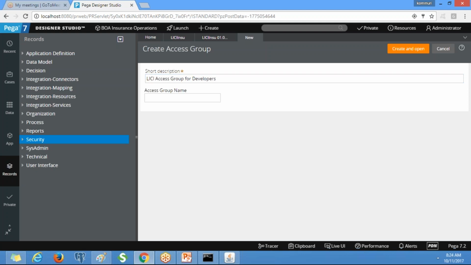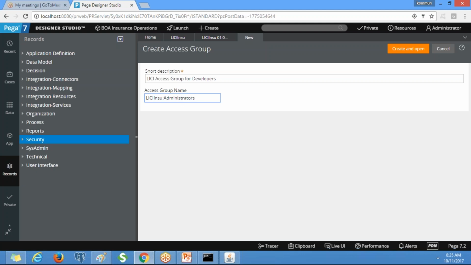Now the access group name. Generally it will be the application name, colon, access role. We will see access roles later. So you put administrators: LIC insurance colon administrators.